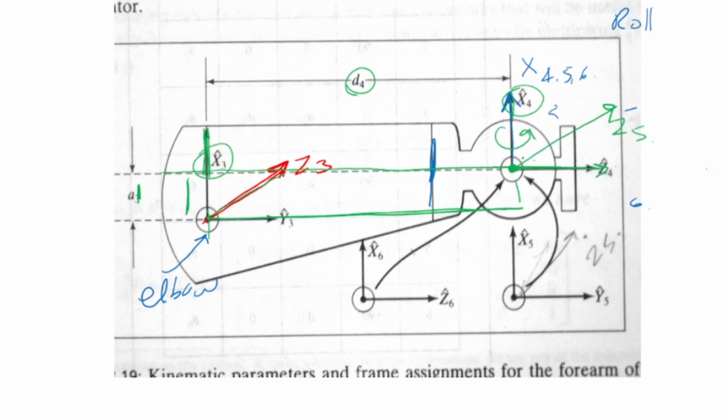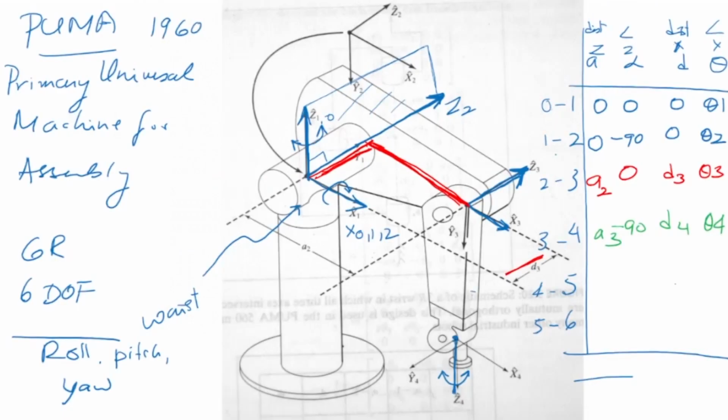So there is no distance between the z-axis or the x-axis. All the x's are here and all the z4, z5, z6 are intersecting at that point. So there is no distance between them. What is changing between them is the angle between them. So z4 has rotated anti-clockwise by 90 degrees and has become z5. So this is 0, 90, this is 0, that's theta 5.